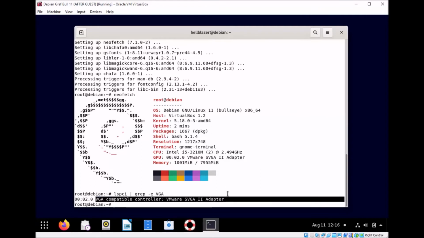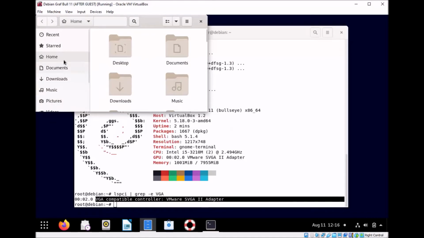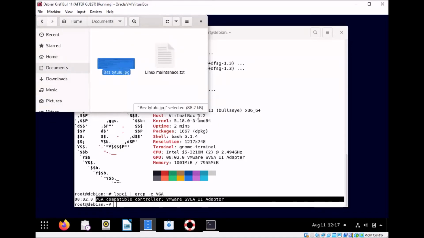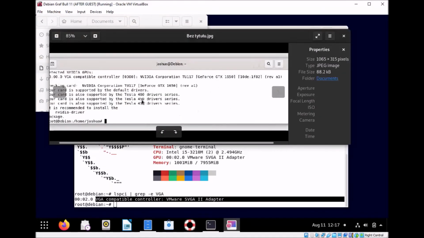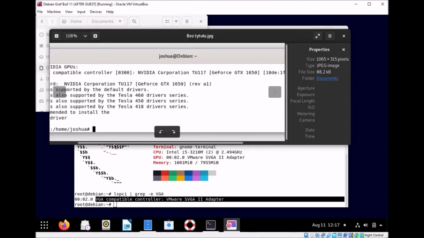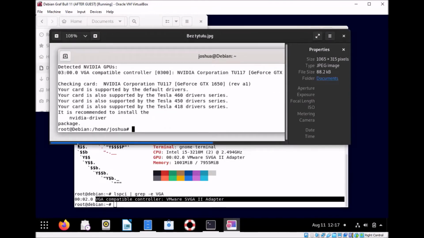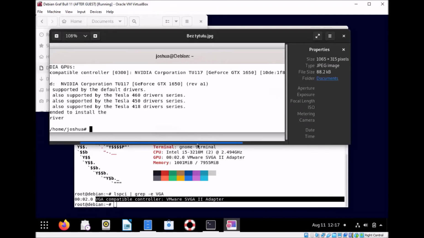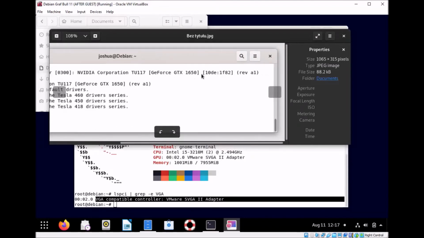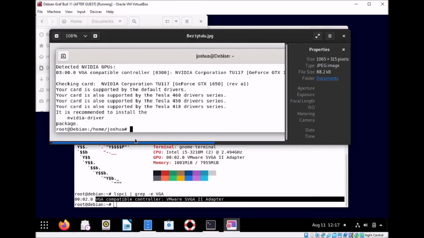Yours would be something like, I'm gonna show you in a moment. Let's say something like this. This is just a sample of what you could get. And detected Nvidia GPUs, and there you go, VGA compatible controller Nvidia. So somebody has like a GeForce GTX, for example. So if you actually know what you have, determined it,